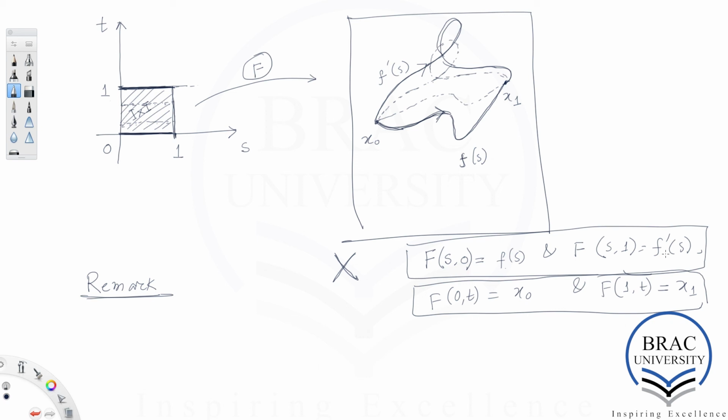Okay? It tells us that the initial point of the two paths should be the same, and the final point of the two paths should also be the same. Okay,